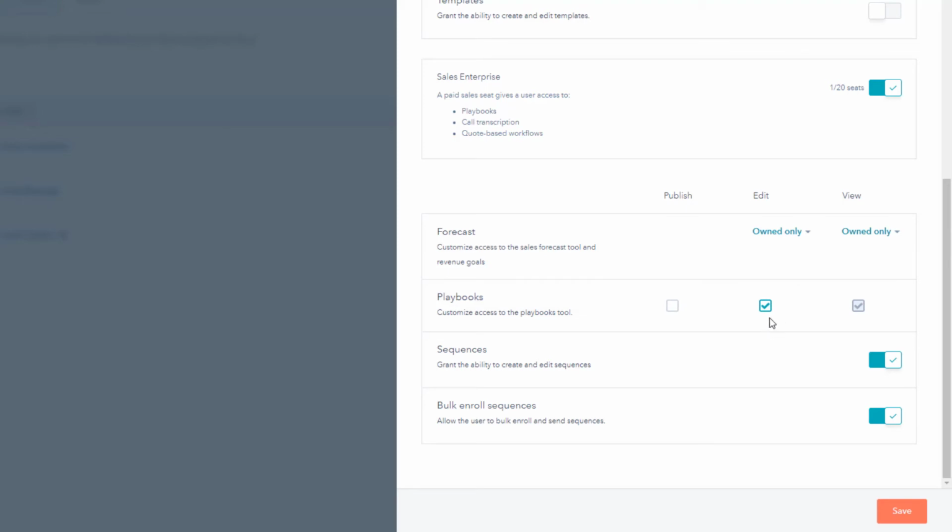Again, this is an area where, depending on leadership and the sales manager, I would take pause and think about this. Sequences, yes. I'm honestly not sure if you want to let a sales rep bulk enroll sequences or not. If your sales team is human and you don't think that they're going to blow up your contact list and they historically haven't been bad actors, then maybe bulk sequences is good.